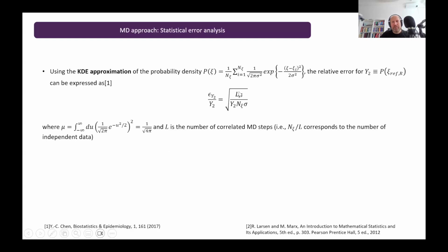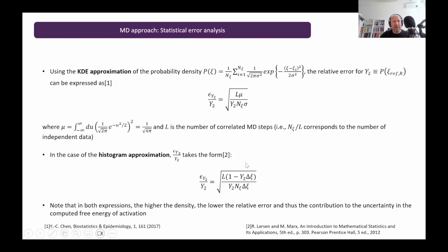And n over L is our estimate of the number of uncorrelated data, right? We made our estimate using n correlated data, and imagine that L data in a row are significantly correlated. So n over L is our estimate of uncorrelated data points. So that should be applied. Similarly, for histogram approximation, we have this expression for a relative error. It has similar form, just instead of sigma over mu, here we have the width of a bin in the